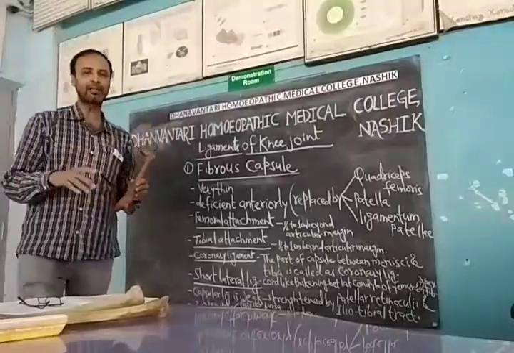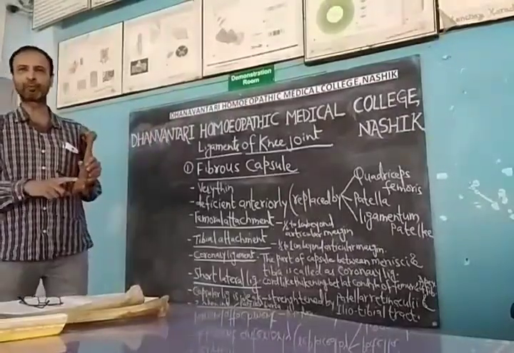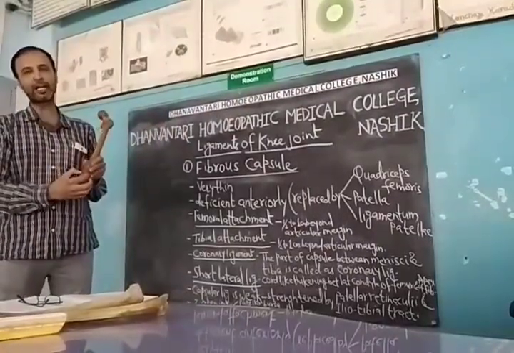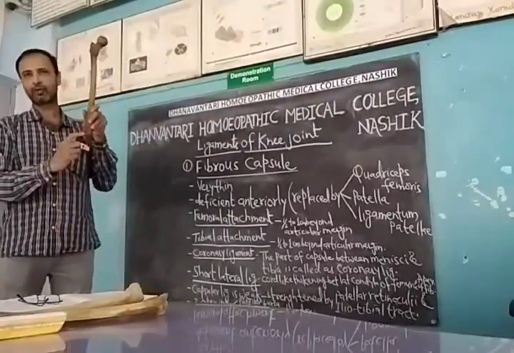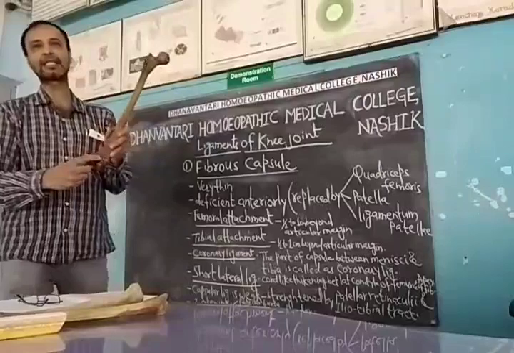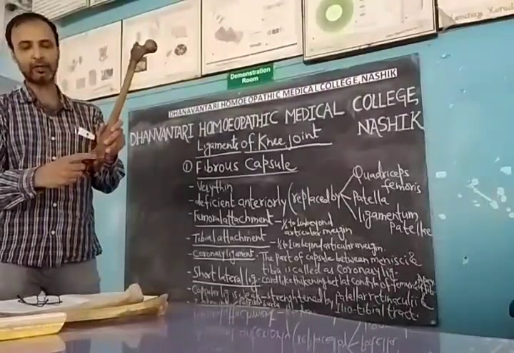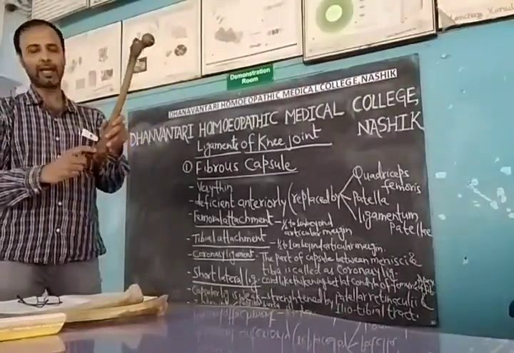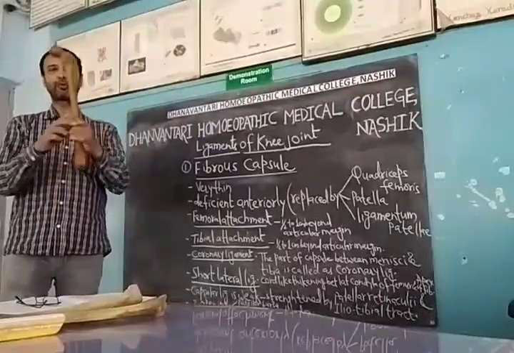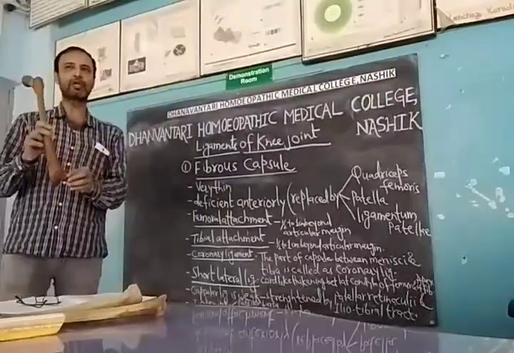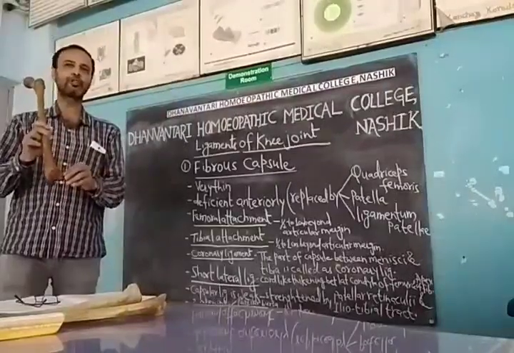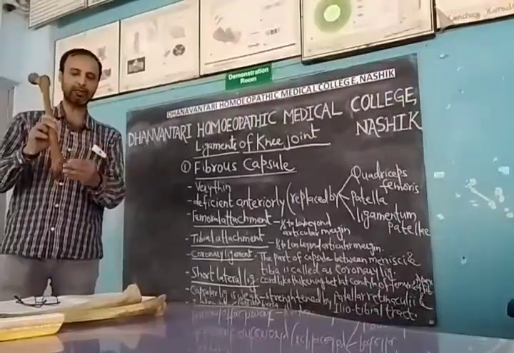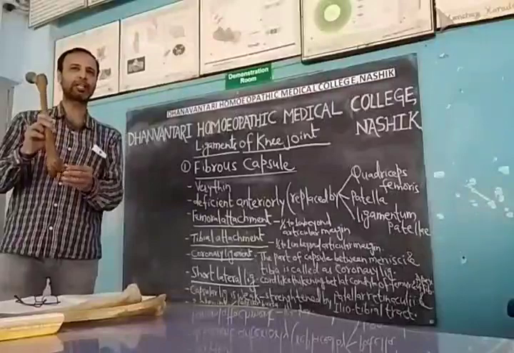Anteriorly, this fibrous capsule in the femoral attachment is deficient. Posteriorly, it is attached to the intercondylar line. This is the intercondylar line, so it is attached here. And laterally, it is attached to the origin of the popliteus, just the part surrounding the covering of the popliteus